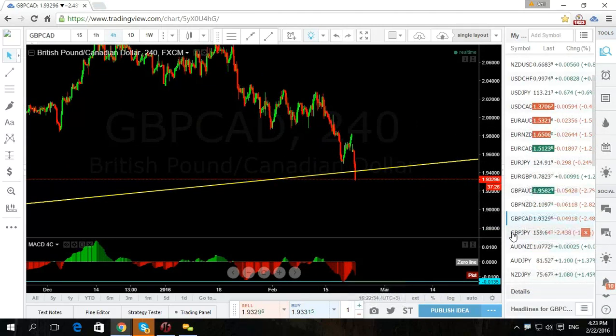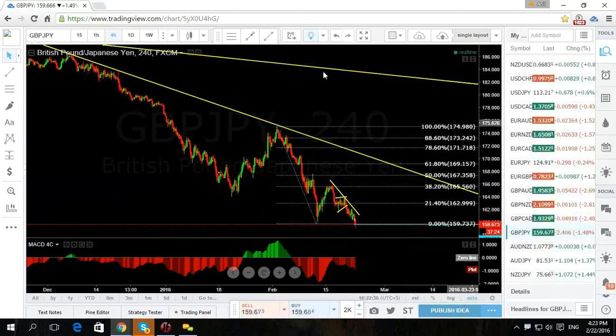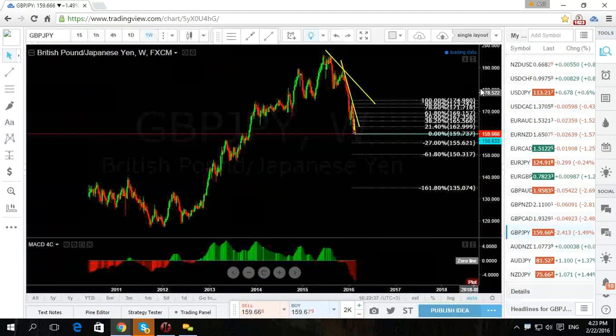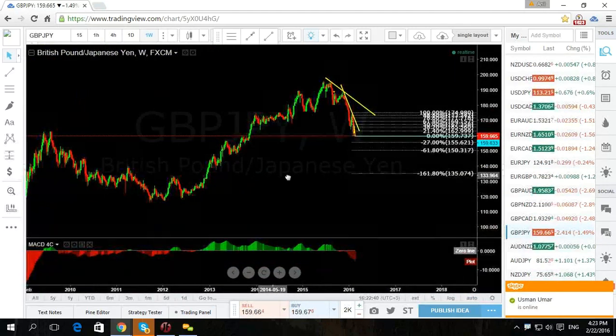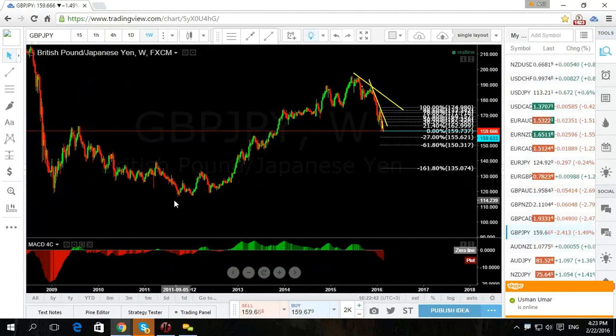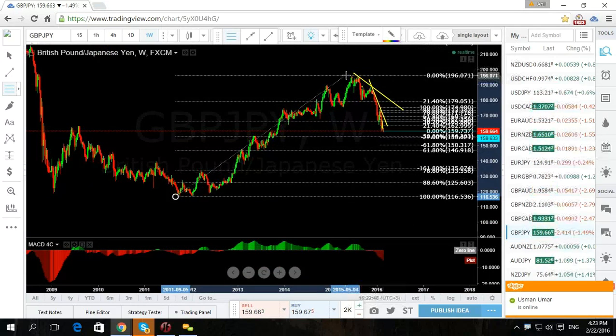Pound Yen. Pound Yen is an interesting one. We are still within this consolidation coming down. The question is how deep they will come. Will they come back to retest, I don't know, 6, 18, 50%? Or even come back all the way back to the low before they go up,